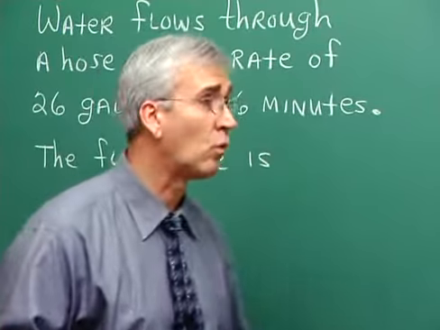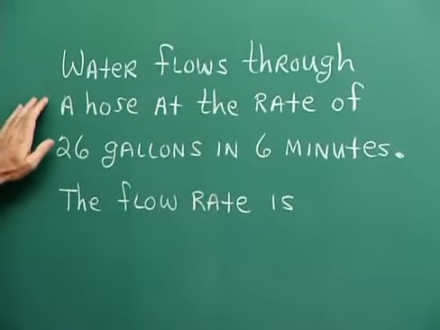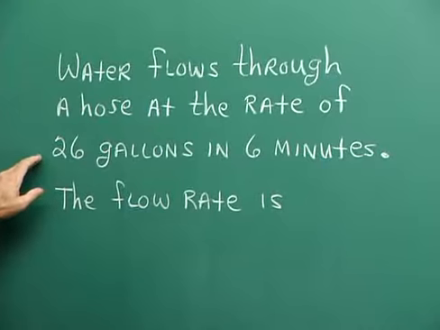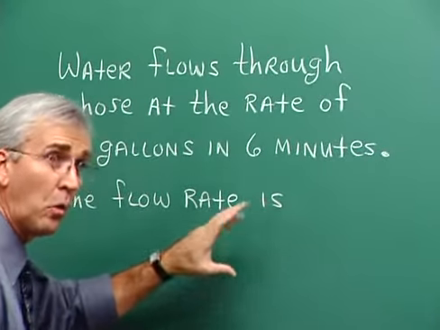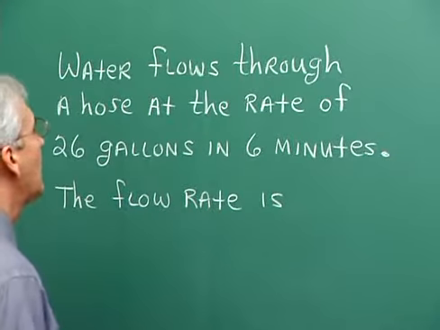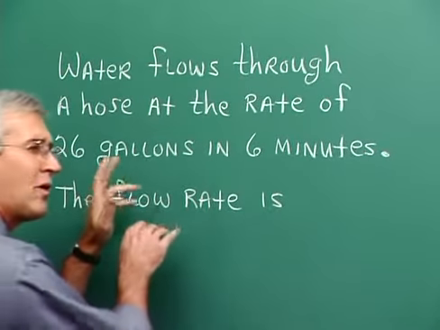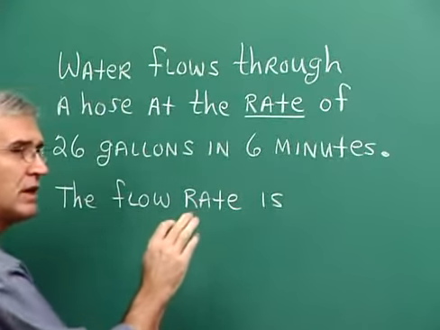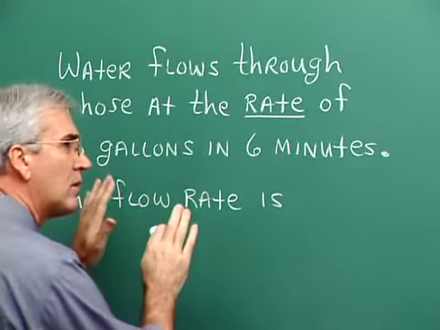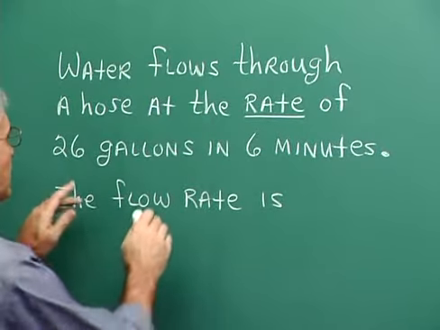Suppose we know that water flows through a hose at the rate of 26 gallons in 6 minutes. The flow rate is what we'd like to write here. Now, flow rate, the rate of flow. A rate is what we're discussing here, and a rate involves a comparison of two items which have different units